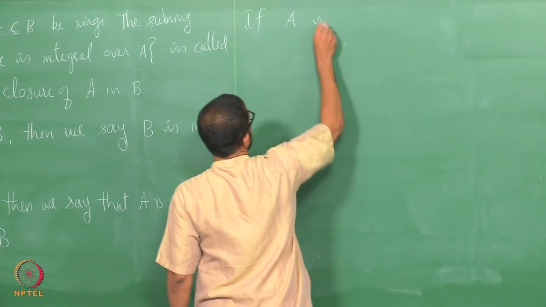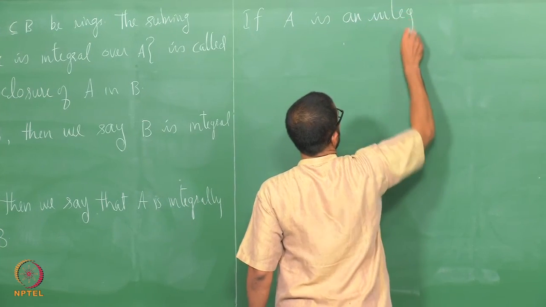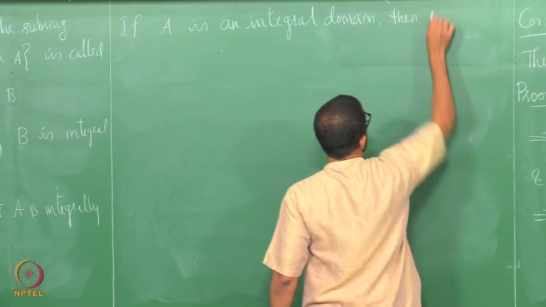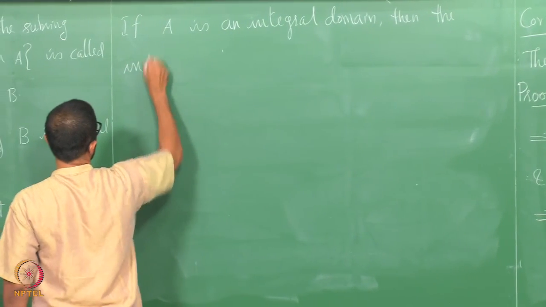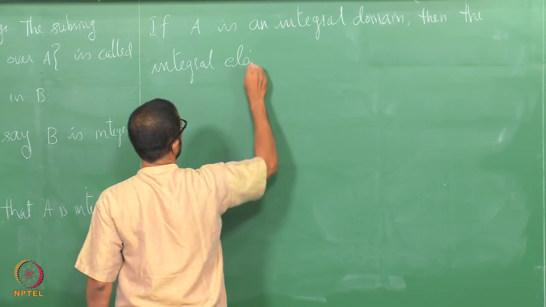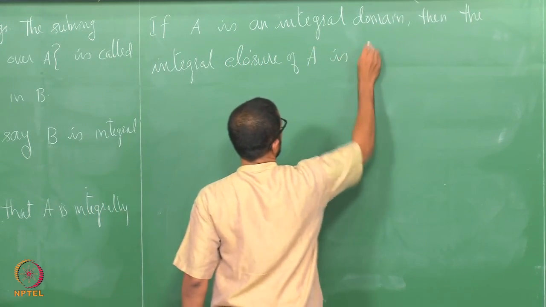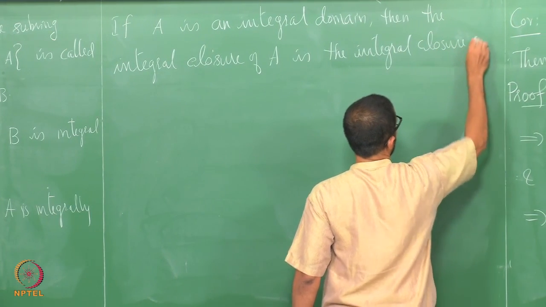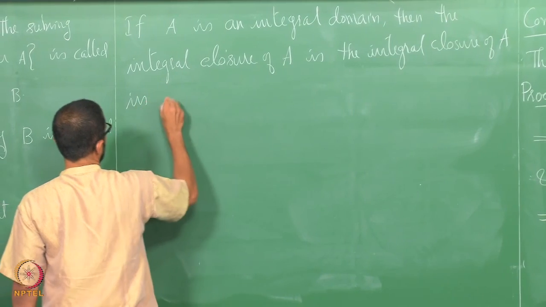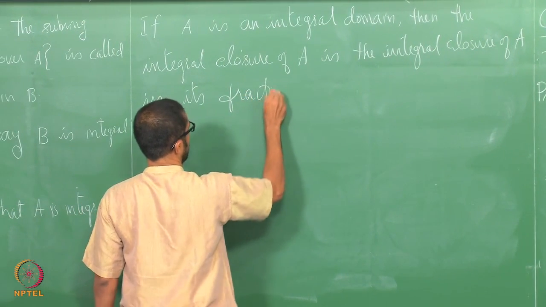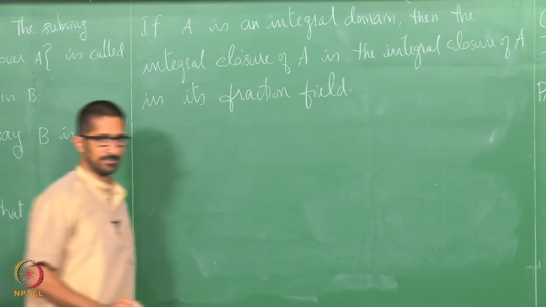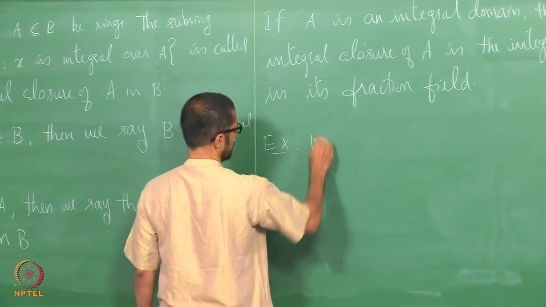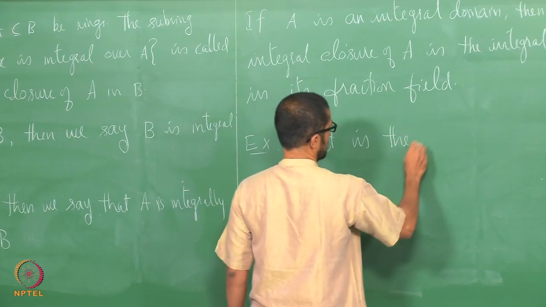So, if A is an integral domain, then the integral closure of A is the integral closure of A in its fraction field. Okay. What is the integral closure of